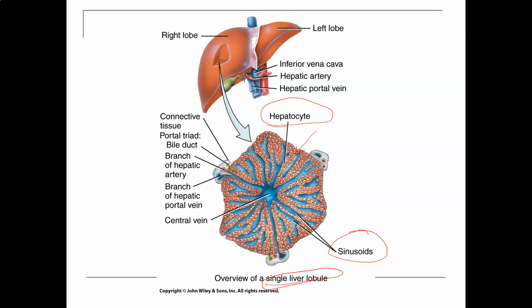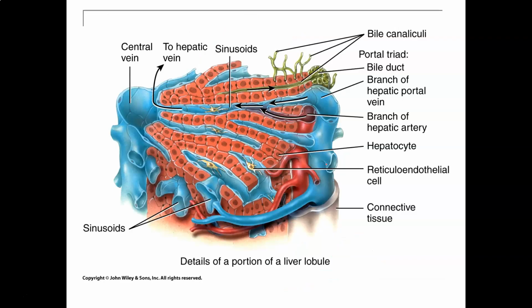And the blood enters those sinusoids from out here on the periphery. There are these what are called portal triads, triad because there are three structures there. And we can see that better in this picture. Here we see the portal triad,